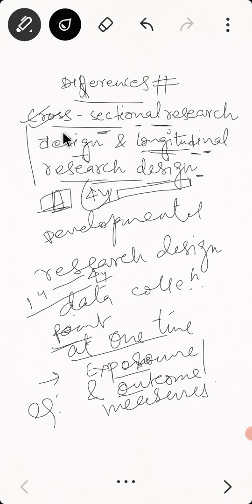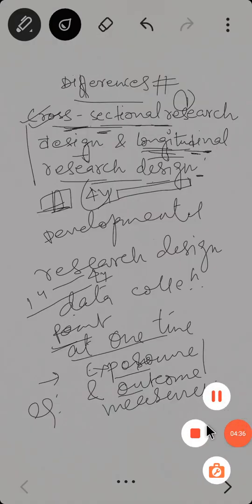These are the major differences. This is basically the major difference between the cross-sectional and longitudinal. Here data collection is at one time only, and here data collection is more than one time from the same individual. So this is the main difference between these two research designs, cross-sectional and longitudinal research design, in reference to the data collection method. So thank